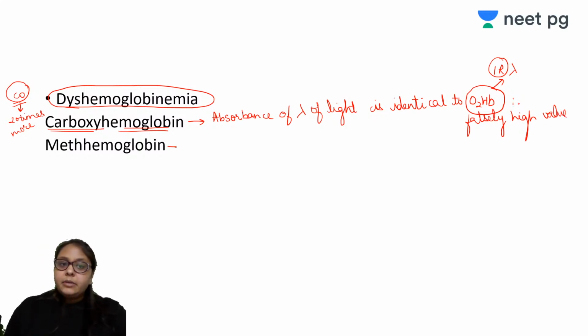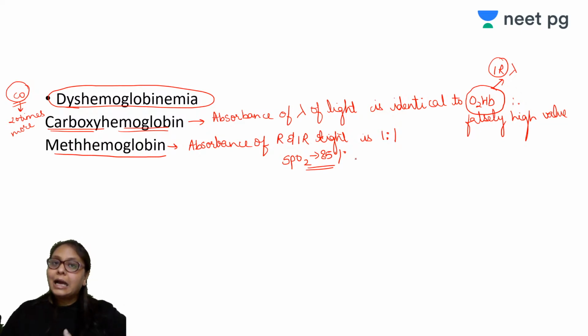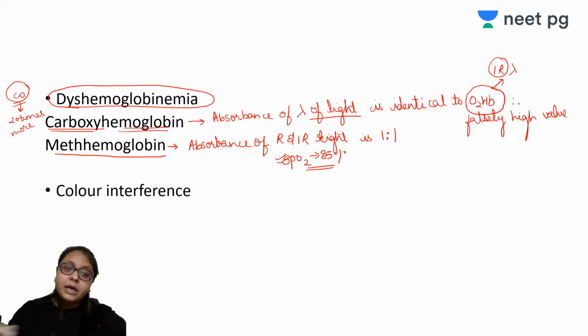ठीक है, ऐसे मेथ हीमोग्लोबिन में क्या होता है, मेथ हीमोग्लोबिन में द एब्जॉर्बेंस ऑफ red and infrared light is 1:1। तो ये हमें SpO2 की रीडिंग 85 दिखाते हैं। ठीक है, तो अगर एक्चुअल में हमारा SpO2 या फिर ऑक्सीजन सैचुरेशन जो है वो 80% है, तो इट इज शोइंग अस फॉल्सली हाई। ठीक है, और अगर एक्चुअल में हमारा जो सैचुरेशन है दैट इज 90%, बट बिकॉज ऑफ मेथ हीमोग्लोबिनेमिया इट इज शोइंग अस फॉल्सली लो लेवल ऑफ सैचुरेशन। ठीक है, तो कार्बोक्सी हीमोग्लोबिन फॉल्सली हाई वैल्यू। ठीक है, व्हाई, बिकॉज द एब्जॉर्बेंस ऑफ वेवलेंथ ऑफ लाइट इज आइडेंटिकल टू ऑक्सी हीमोग्लोबिन।